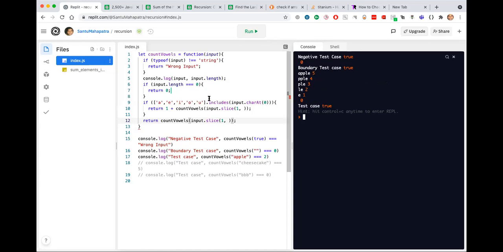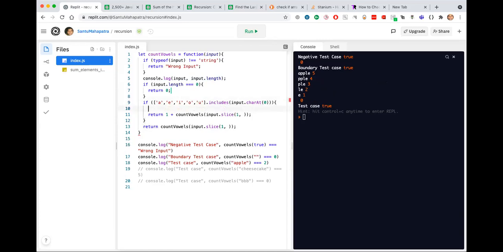Drop the P. In fact, to display it more clearly, I can have a vowel counter here. I can say console.log vowel detected. I will also run the other two test cases which I had commented out. So now all the test cases will run.